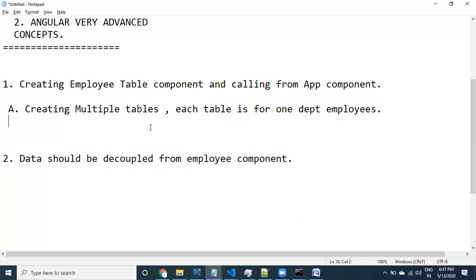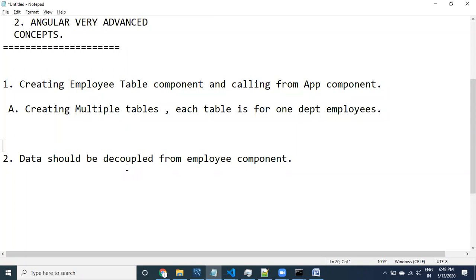We need to reduce the code and reuse the code. You can create multiple components, but that approach is not a good idea.